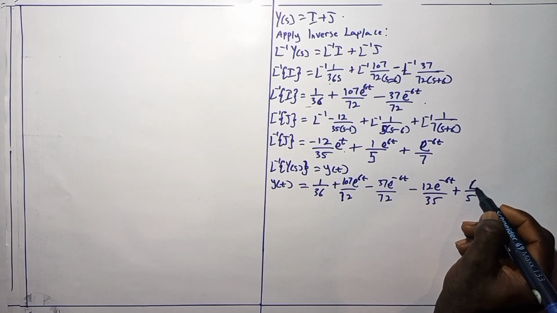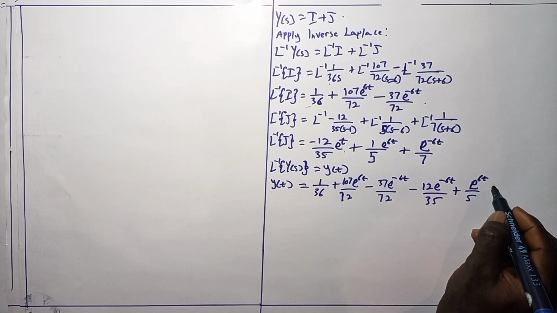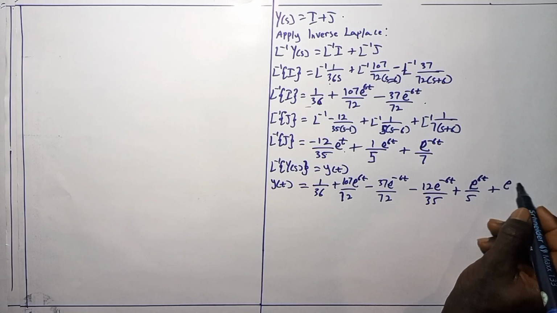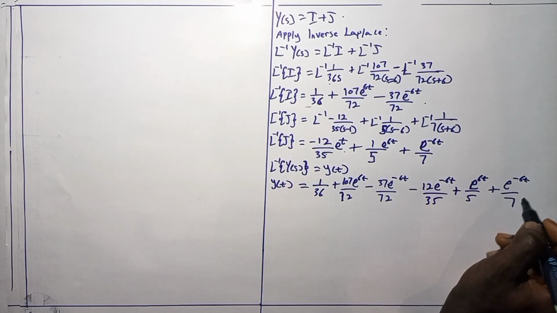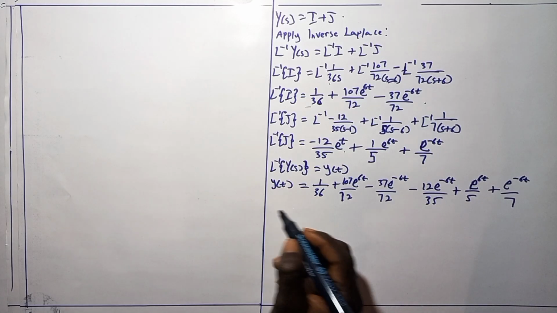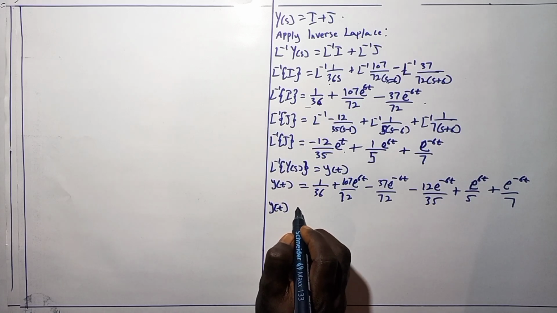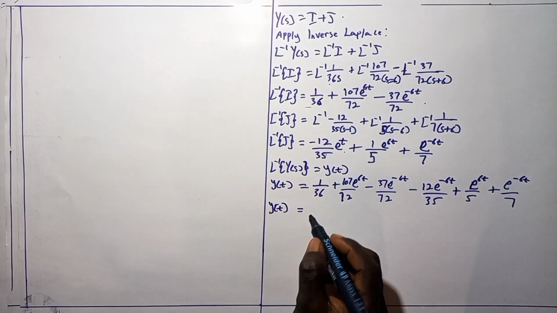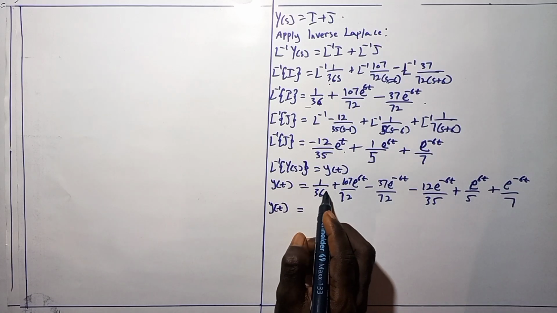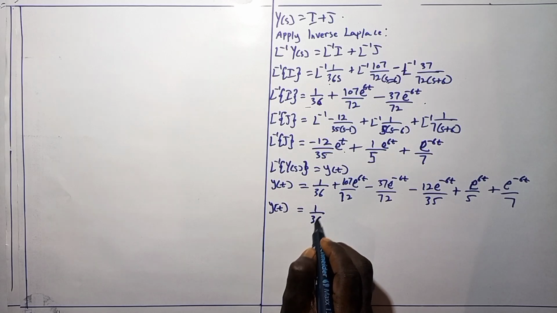Let me write it as e^(60t) plus e^(-60t) over 7. So now let's collect like terms and add everything up, and that will give us our final answer for y of t. So now adding this up and collecting like terms, we have 1 over 36